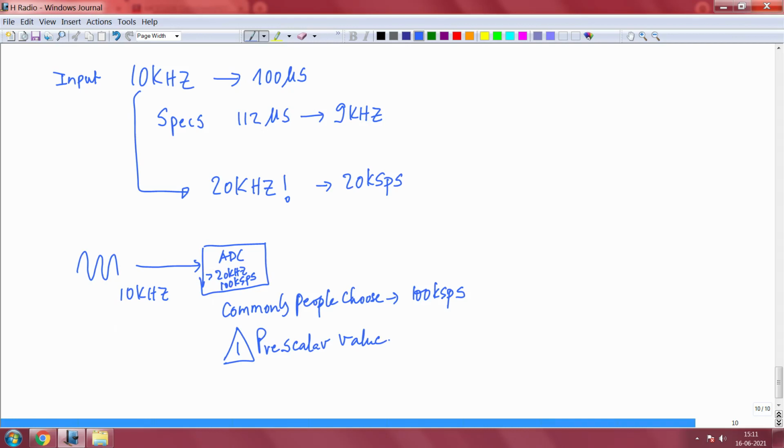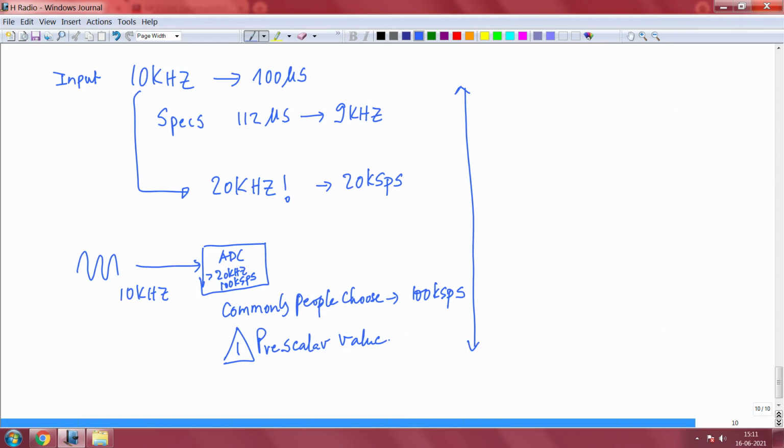Why I gave this example is Arduino typically does 9 kilohertz sampling, or 9 kSPS, and you do not get anything if you sample at 1x the input. 2x is the minimum, that is what Nyquist sampling says, and that is also the very bare minimum that one can use. So people usually choose up to about 10x, which is quite common. So having got this much to understand, let us go back to the data sheet.